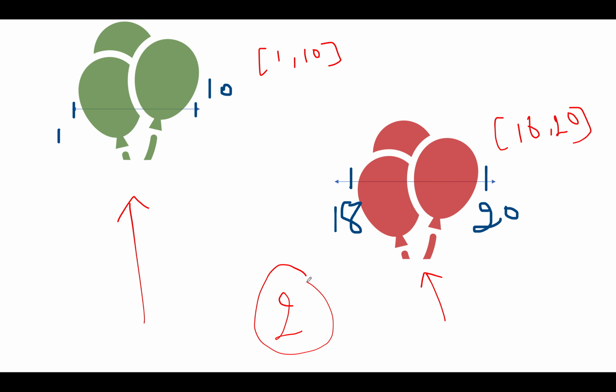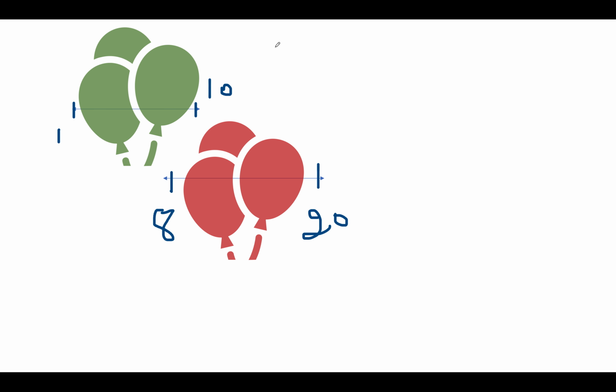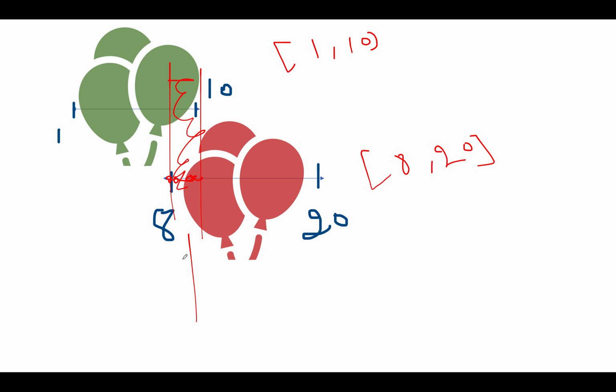Let's try and understand the most interesting test case where the first balloon lies within the range of 1, 10 and the other one is in the range of 8, 20. So if I ask you guys, where will you shoot the arrow? You will shoot the arrow in the range of 8 up till 10. This particular one where I have highlighted. If an arrow goes through this range, then a single arrow will be needed in order to burst both of them together. And our work is done.